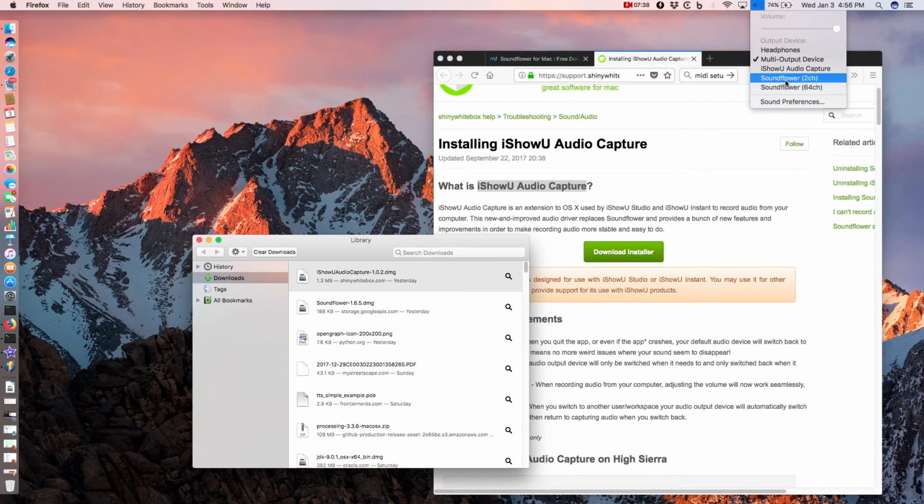Both come in the single installation, but we'll be using the 2 channel Soundflower. Actually, I'm not going to use it, but you can try that one. Also, because I installed the other one also, it is showing up here: iShowU audio capture. Likewise, if you go to sound preferences or something like that, you will see the listings